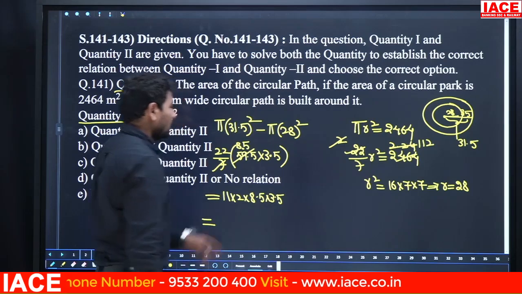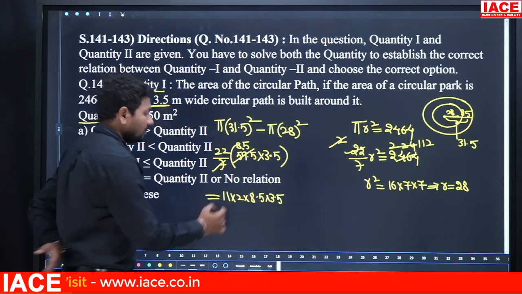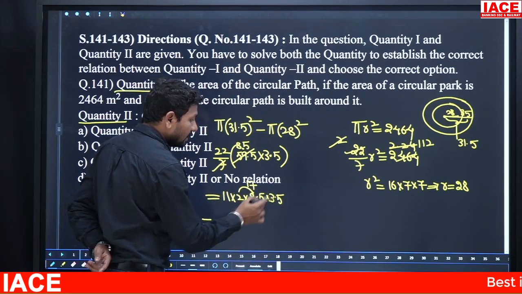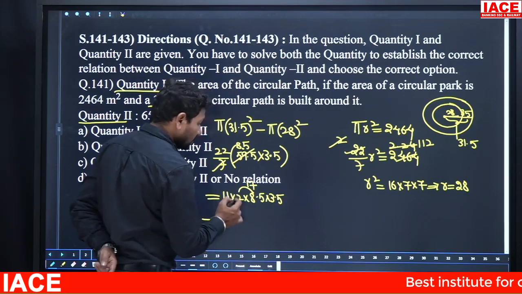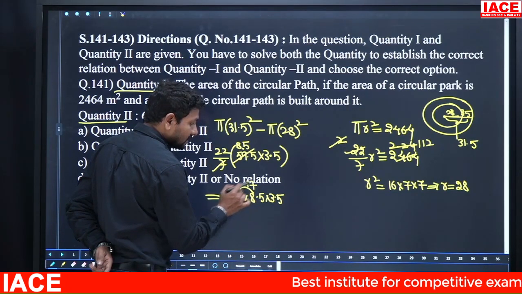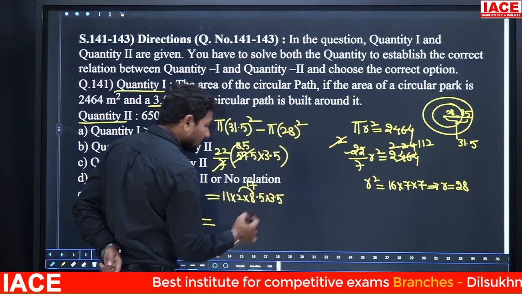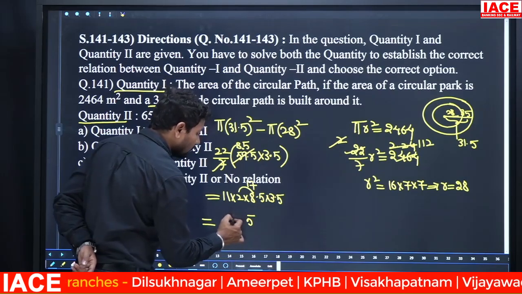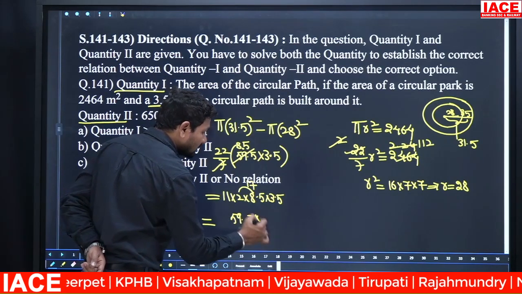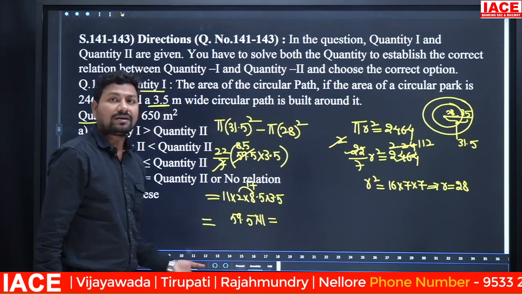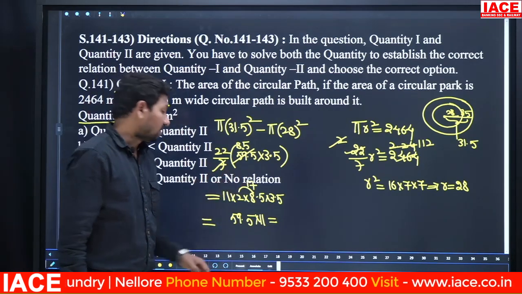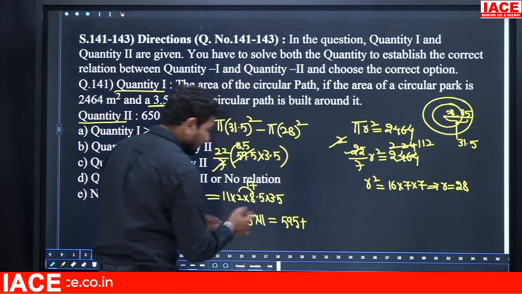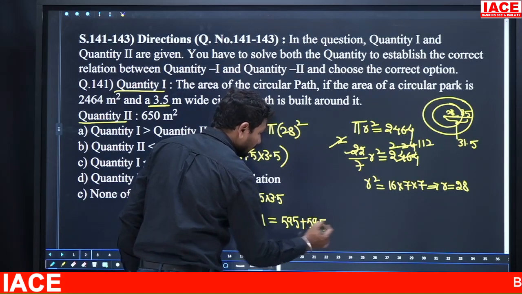Now 2 into 8.5 is equal to 17. Then 17 will be multiplied by 3.5. 17 5s are 85, carry forward is 8. 17 3s are 51. 51 plus 8 is equal to 59, so 59.5. Then 59.5 is extra multiplied by 11. Any number multiplied by 11 means 10 plus 1. Then 59.5 into 10, plus extra 59.5 will be added.